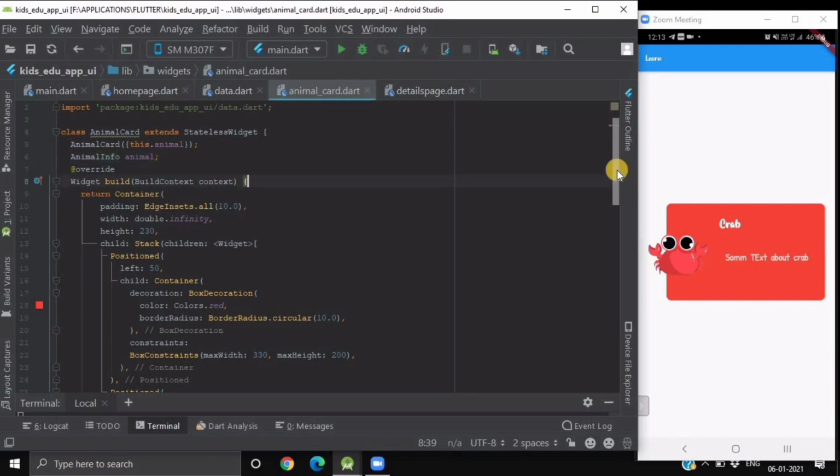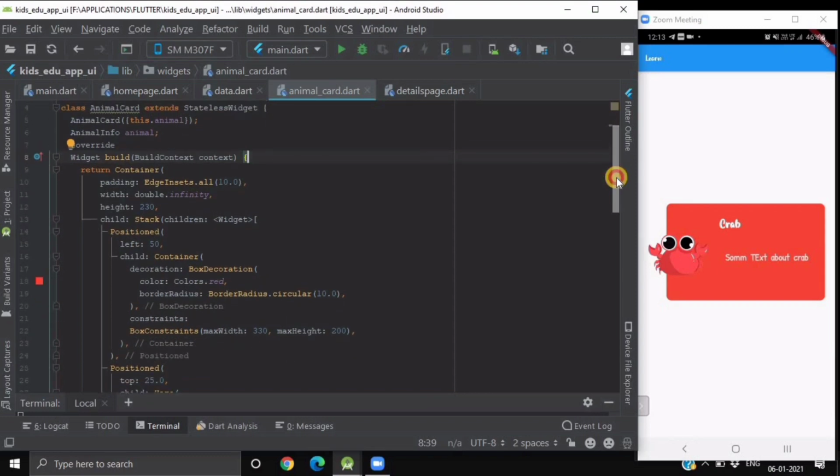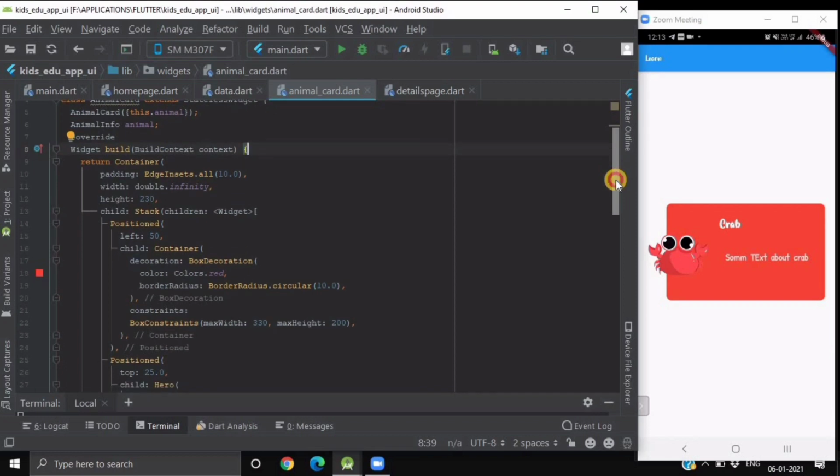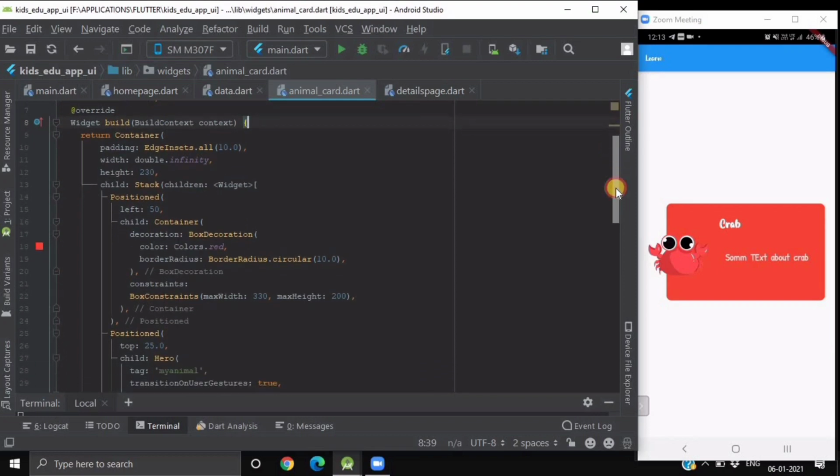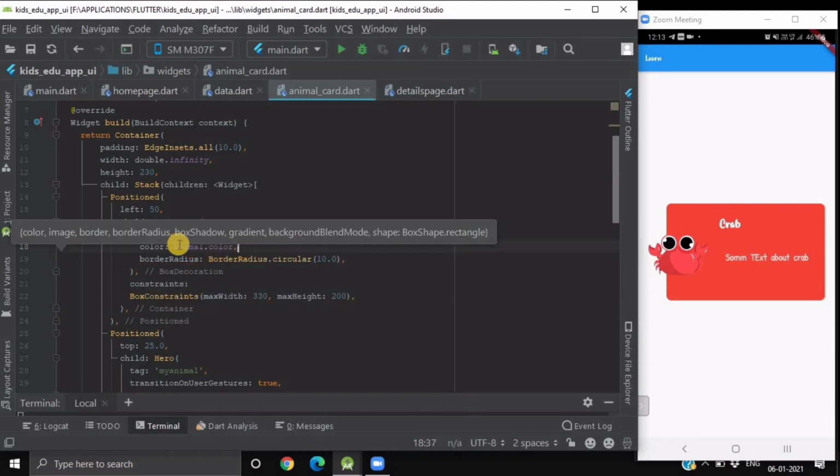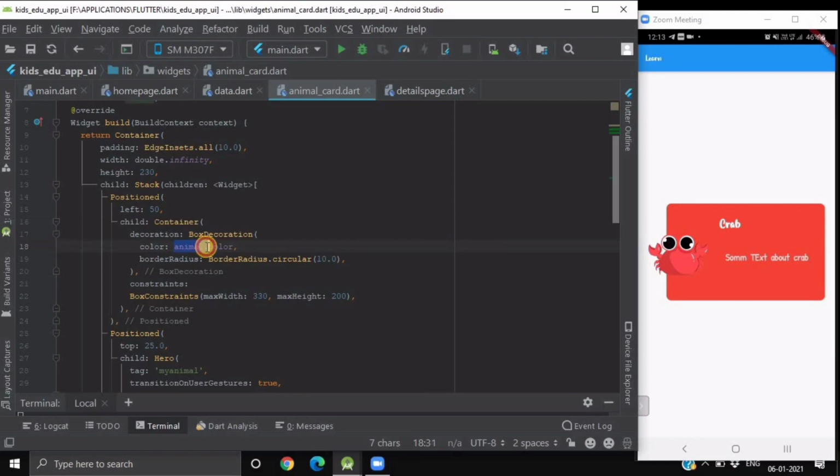And now wherever we have used the static data, like for title, description and image, we will replace it with this animal info attribute. Just like this color, this will be having the color from animal dot color. Similarly, we will replace each and every text with animal dot text and description.